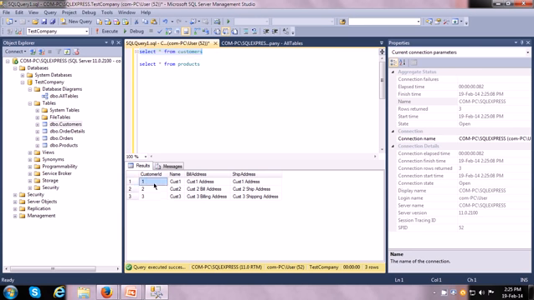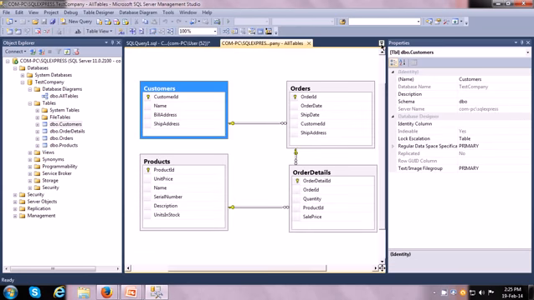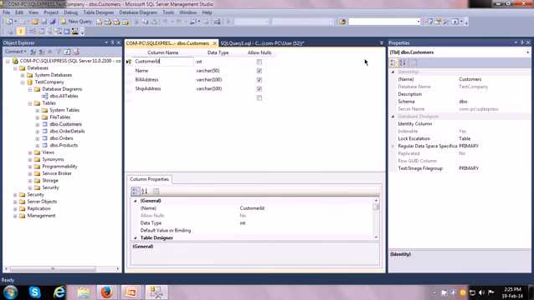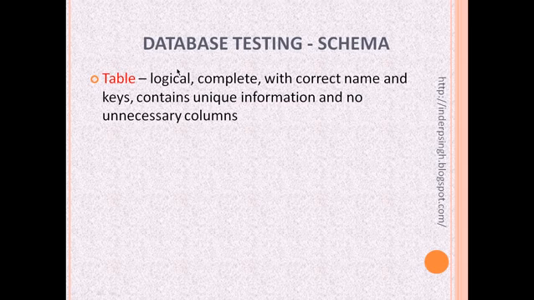So customer ID is the primary key, so we can see that it is unique: 1, 2 and 3. Now the other thing that we can test in the schema is the columns themselves. So let us move on.